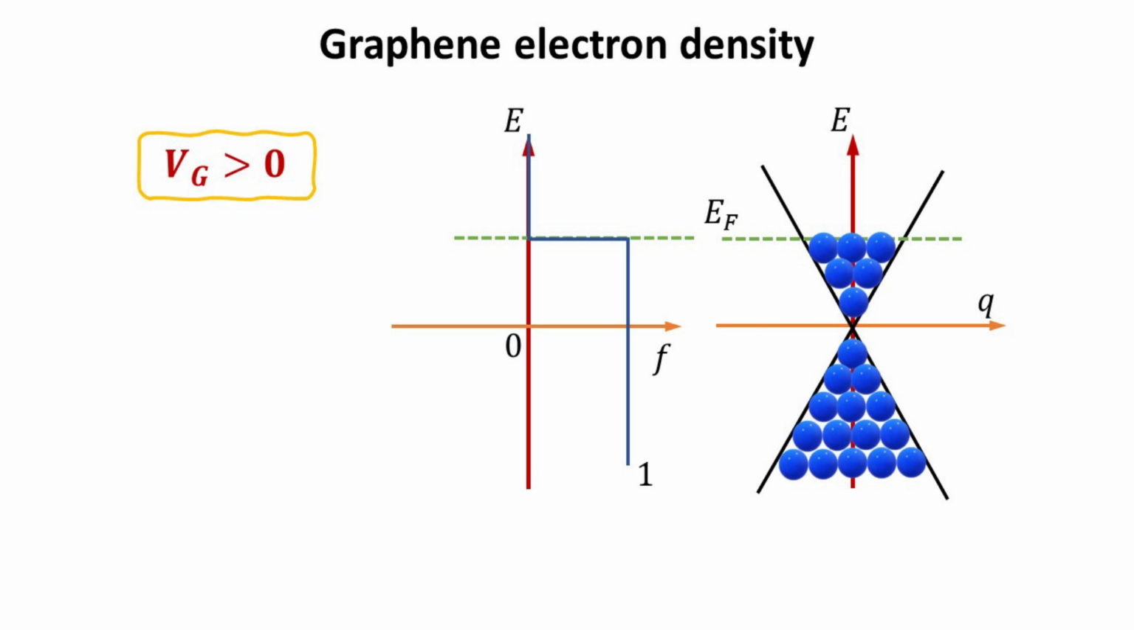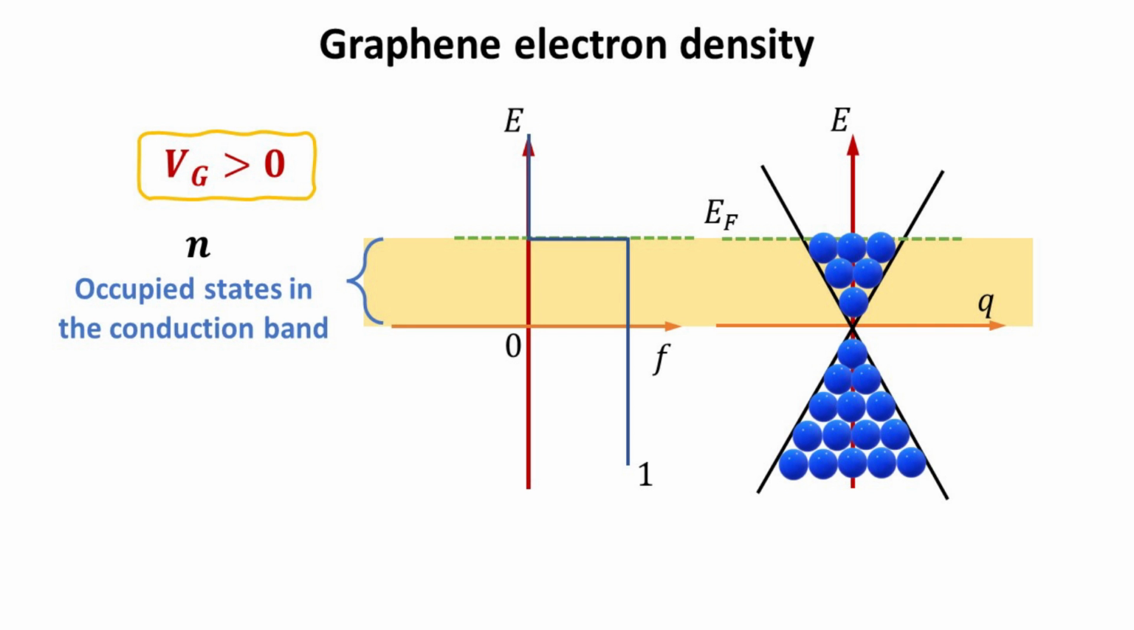Now, what happens when Vg is positive? A positive voltage at the metal would induce electrons in graphene, thus raising its Fermi level into the conduction band, or the positive energy states. When counting the electron density N, we count the number of occupied states in the conduction band only. Thus, only the electrons in the conduction band contribute to negatively charged excess electrons and are what we want